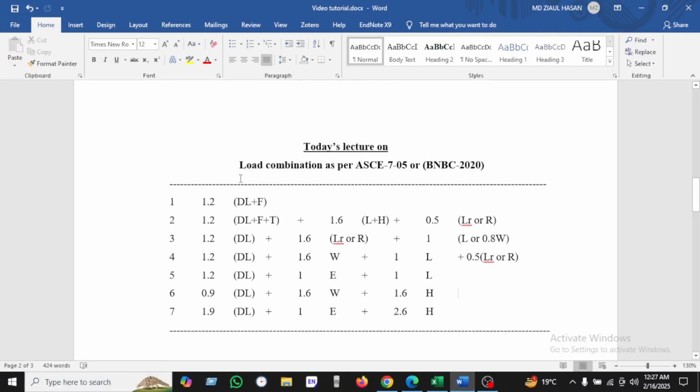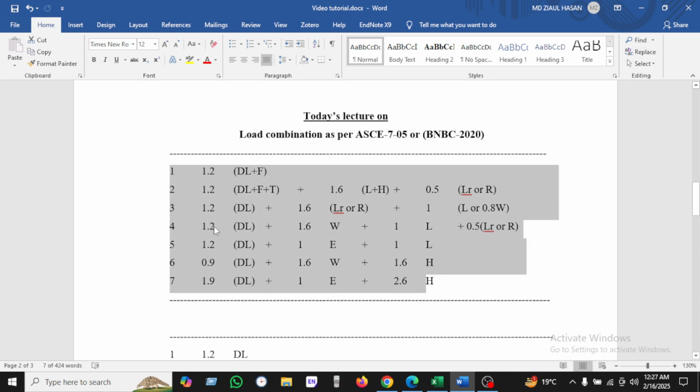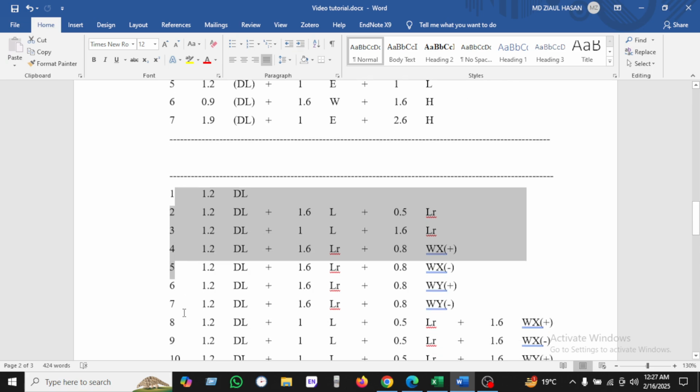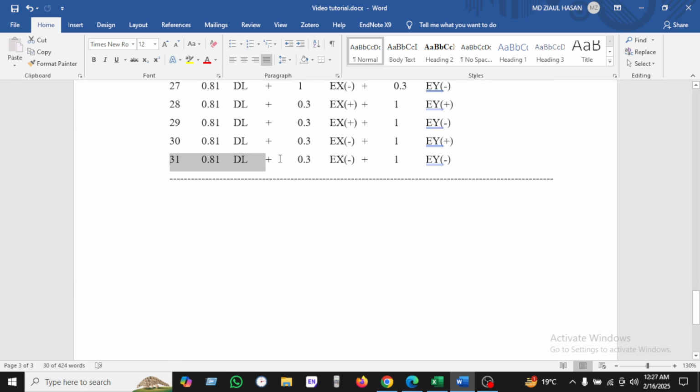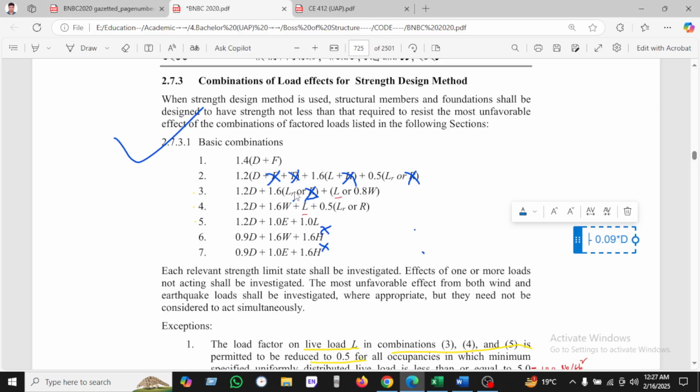Hello everyone, today I'm going to deliver another lecture on load combination as per ASCE 7-05 or BNBC 2020. Mainly there are 7 load combinations, 1, 2, 3, 4, 5, 6, and we'll show how it is divided into 31. Let's see in detail. These are the main load combinations we've seen here. Number one is 1.4 dead load plus